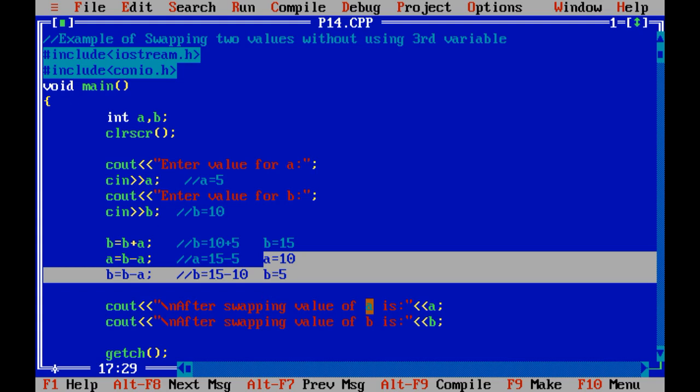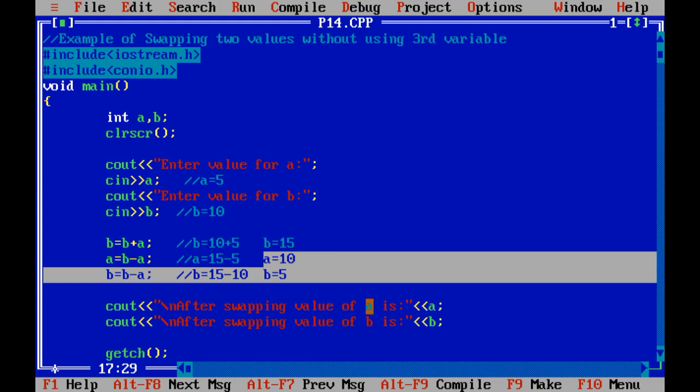And using a third variable, what is the formula? Yes, C equals A, A equals B, and B equals C. In this way you can swap using a third variable, and if you want to perform without using a third variable, at that time you need to use the BA formula, and first time addition, remaining 2 times subtraction.